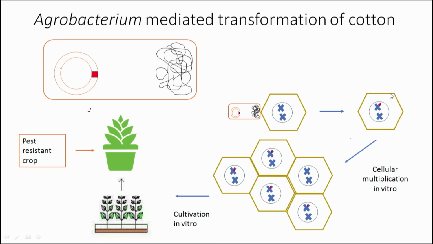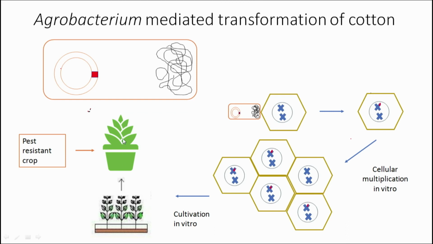So, now you see that this is a single cell from the cotton plant, and in one of the chromosomes you see this gene which is going to code for the cry protein is now integrated. Okay, it becomes a part of the chromosome, and it can also express itself. This cell is now multiplied in vitro. Cells, by putting them in a nutritionally rich environment, can be multiplied, and then in the cultivation in vitro, the same way that I showed you last time, you can put phytohormones which will induce shoots, which will induce roots, etc. So, the little plantlets are shown here, and eventually it can be put into a pot like this. So, this now becomes a pest resistant crop.